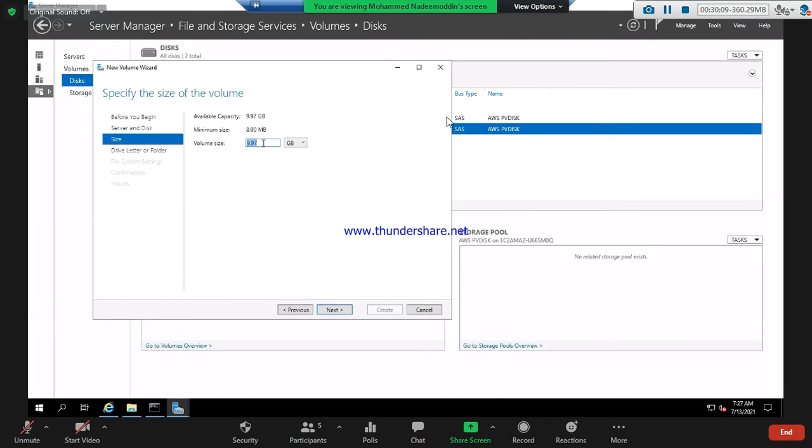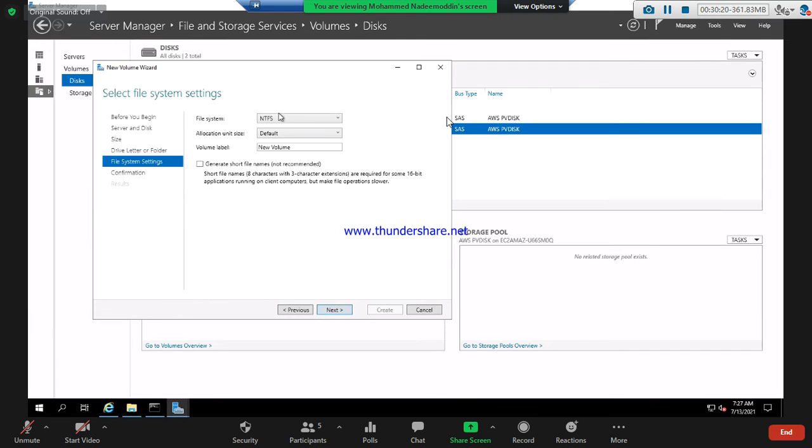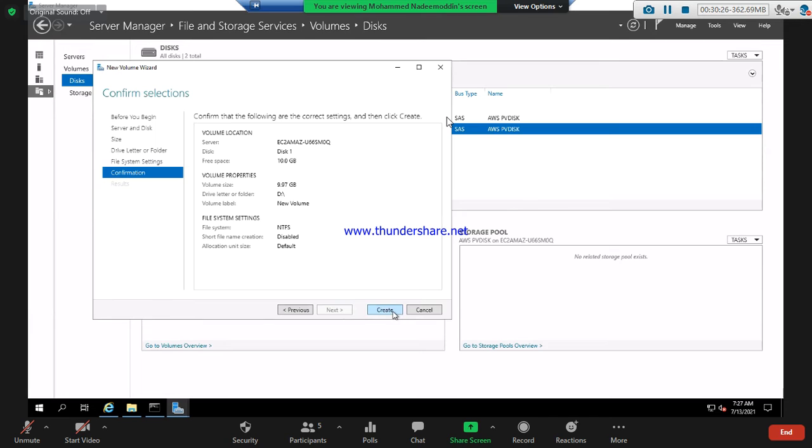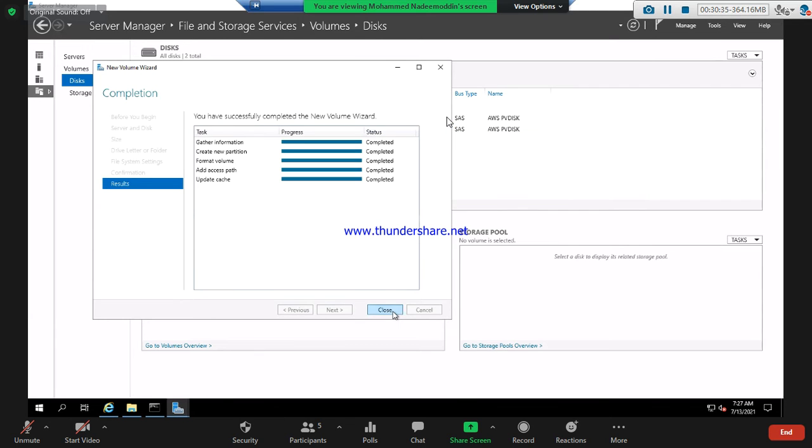If you want to resize it, resize it. Next, what name you want to give? D drive, E drive, this drive. So I want to give the D drive. Next. And file system, NTFS or what? Just say yes. Great. So now we are attaching a D drive, a new volume to your server. Close it. So now can you see